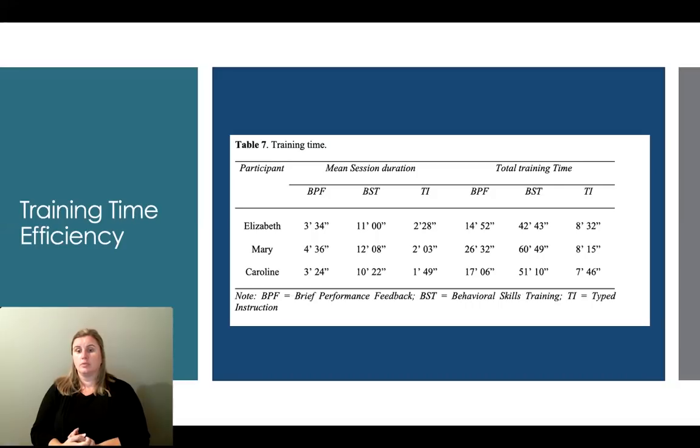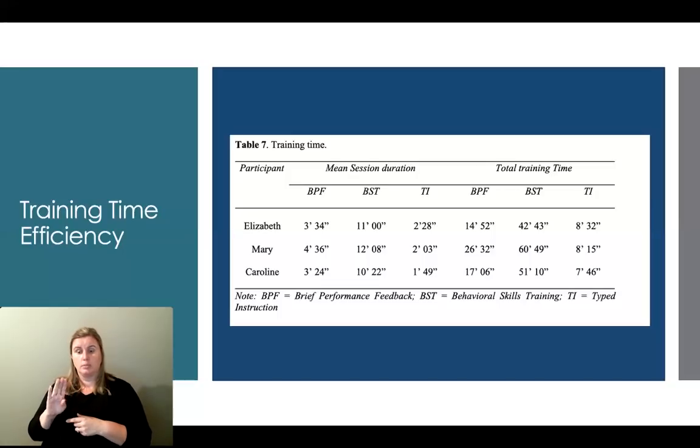Merit for participant 2, 4 and a half minutes, and about 12 minutes for BST, and for participant 3, about 3 and a half minutes and almost 10 and a half minutes for BST. Total training time included in this training was